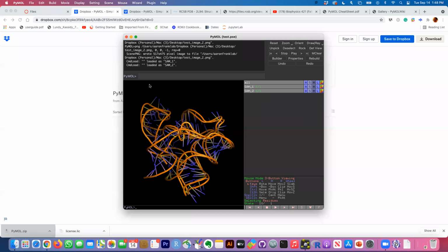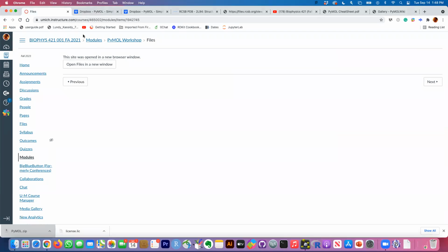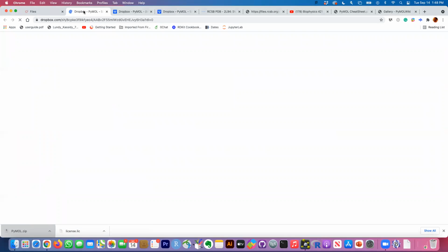Okay, how do you get to the files again? Let's make sure. If you go to the modules page on Canvas, and then you go to this PyMOL workshop, you click on this files link here. So you click on this link, and it should open up